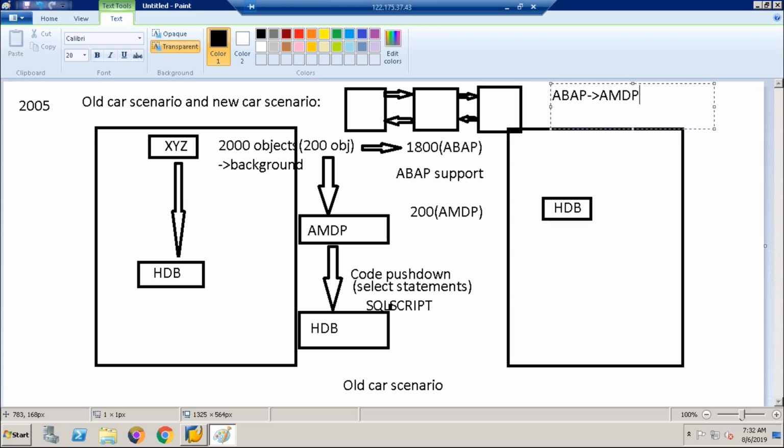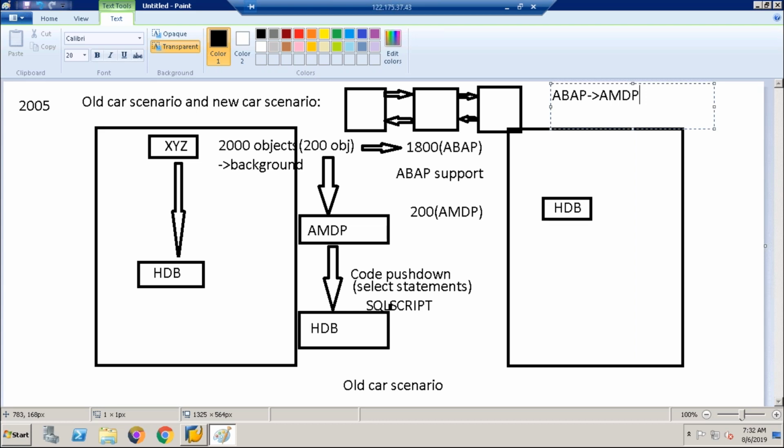Here we need to provide support for ABAP itself as well as AMDP as well as HANA, guys. That's why I'm saying ABAP will be there. ABAP support will continue, plus AMDP support, in the sense HANA support will also continue. This is how we are working in projects. The objects which are in background or very slow in the project, we are going to convert into AMDP. But execution and consumption will be done in the ABAP layer itself, guys. They are consumed in SE38 itself.